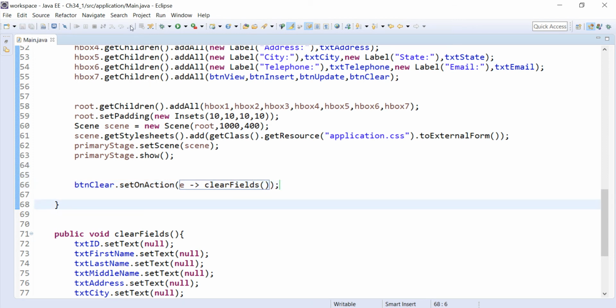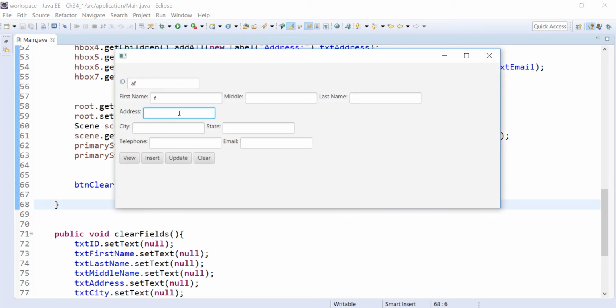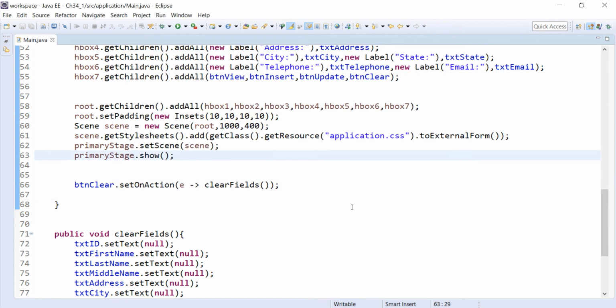Okay. So if you run this now, hopefully it does work. Let's put something here. Okay, I will clear it. So notice that everything is wiped out. Okay, so that's all it is. So we're done with that. Now the next part is just to